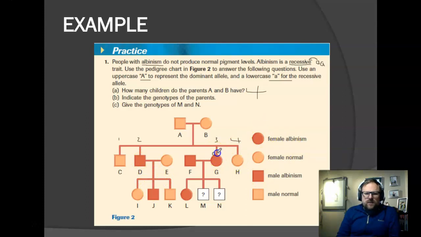So that individual is little a, little a. So is this individual. So is this individual. So is this individual, and this one too. Okay, so we already know those genotypes because to have albinism, you need to have both